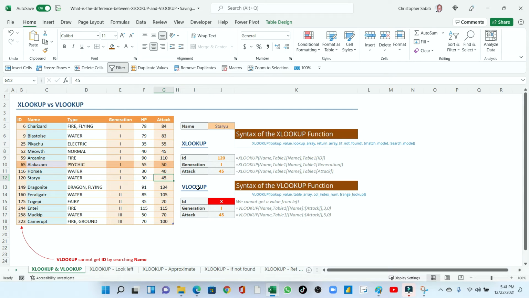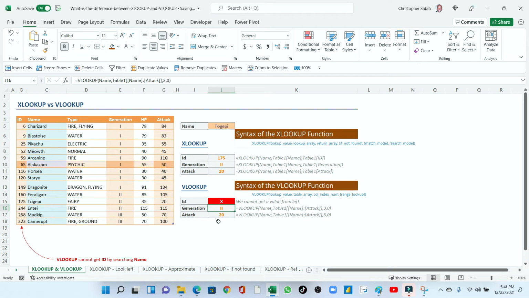Now when we come to VLOOKUP, the first option where we are beaten with VLOOKUP, and that's why Microsoft Office should have come up and updated this, is that with VLOOKUP you cannot look up to the left. We are considering here the name. If I change this name to another person, you see they change automatically, but with the ID I cannot pick it, because VLOOKUP cannot look to the left. VLOOKUP always looks to the right. That's why we can't pick the ID. That is the first disadvantage.